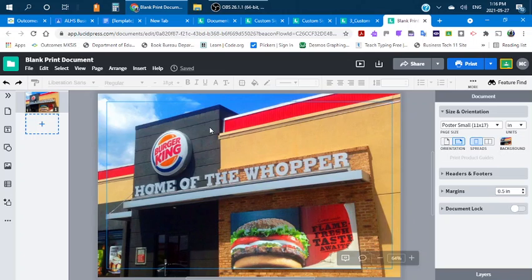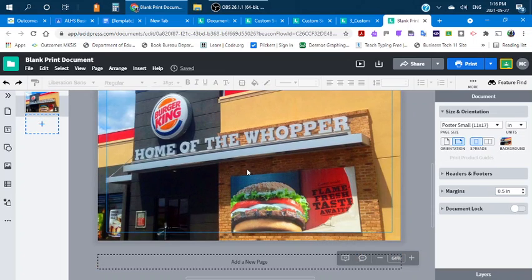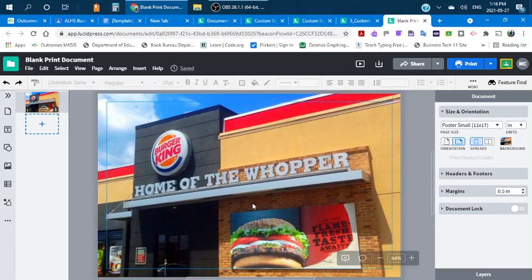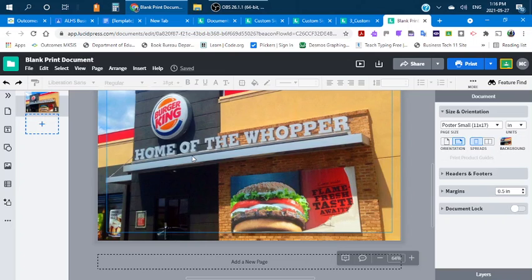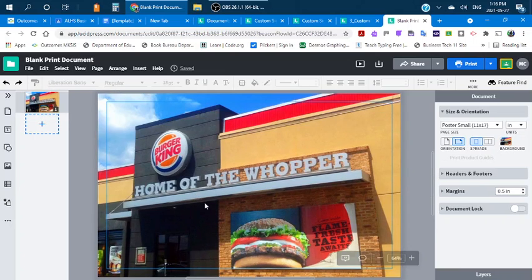I also could have just found one that had the Burger King logo like I did with Wendy's and set that as my background photo and use that as the backdrop. But now I'm going to have Whoppers all over the place. I have the Whopper right here. Flame fresh taste awaits. There's a picture of a Whopper, but I'm going to add my own Whopper in as well. Home of the Whopper, it says it right there. We have Burger King. There's our logo. We are going to put a logo in the corner as well, but at least we have a lot of things going for us already. So next,